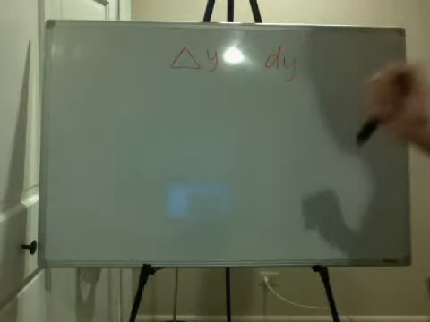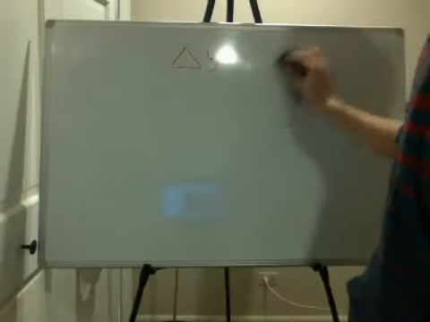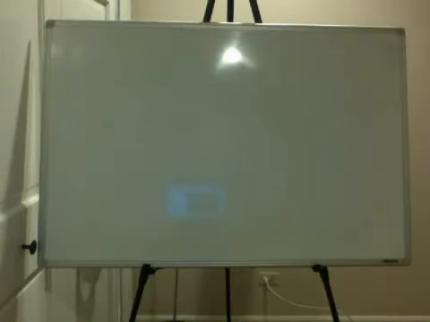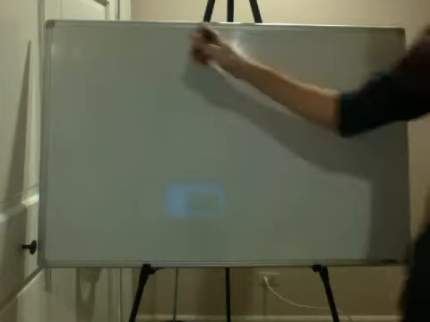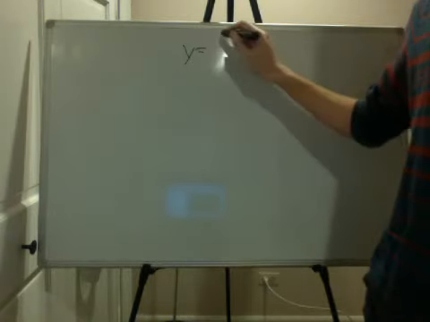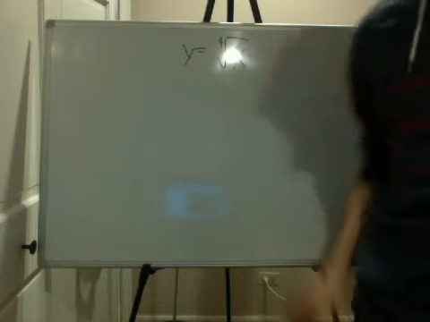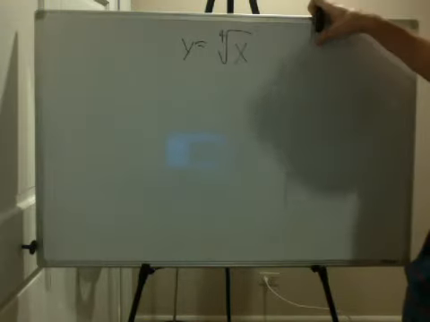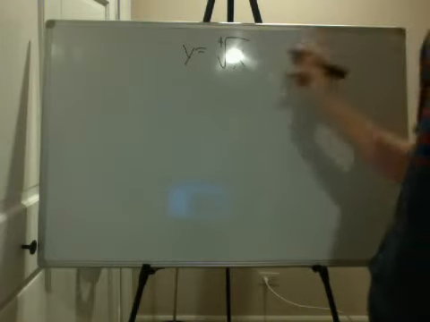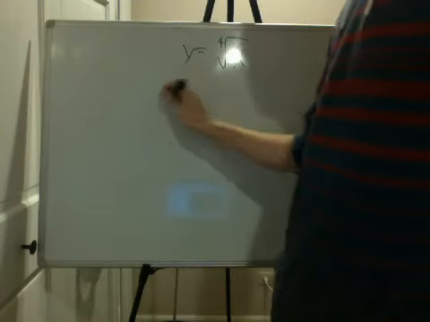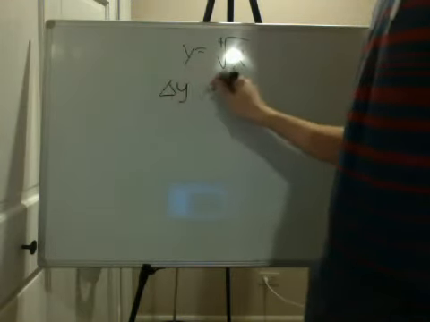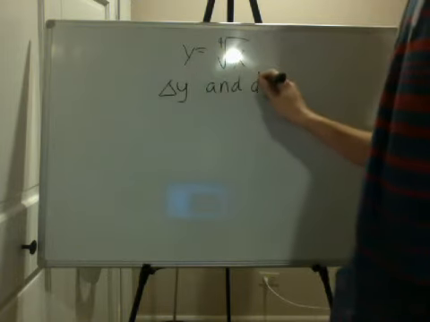So, using this knowledge, let's go ahead and do a problem with this, just to show you what the difference is mathematically, not just graphically. So, let's say the problem is, given that y is the 4th root of x, we're going to want to find the change in y, the delta y, and the dy